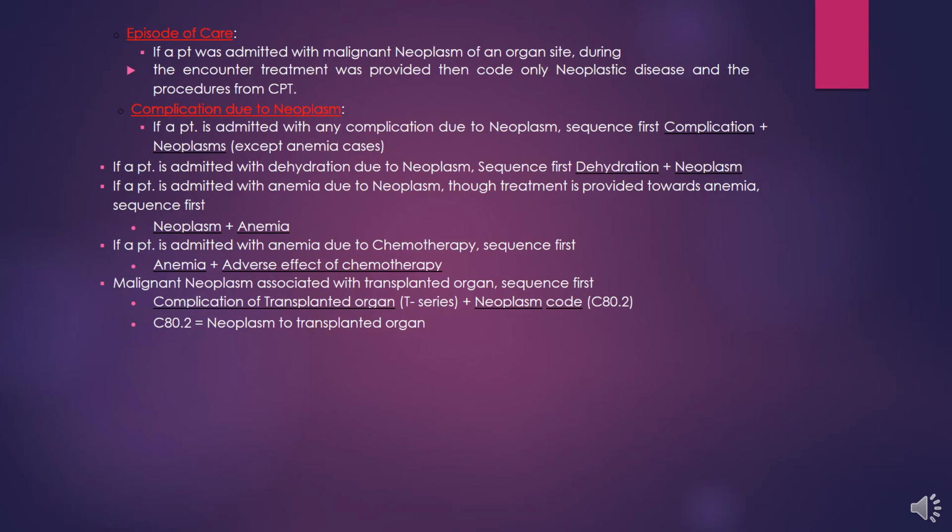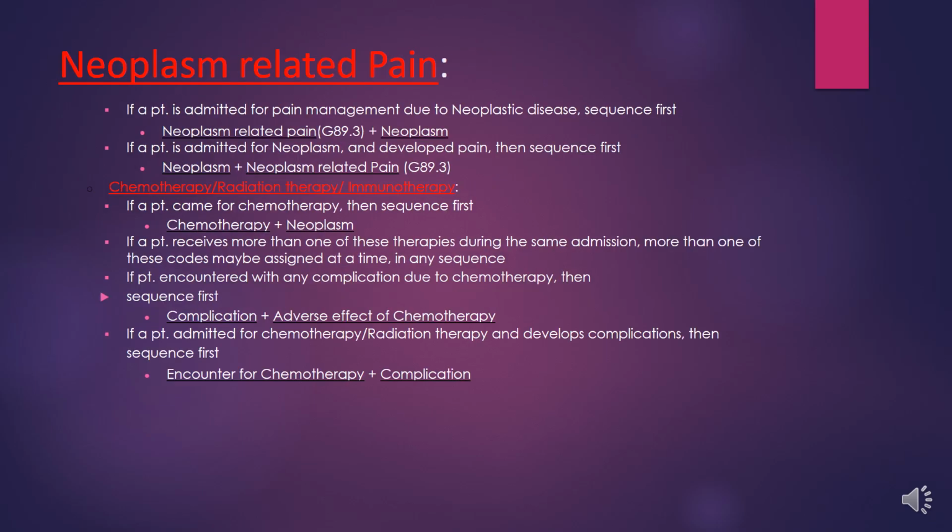If a patient is admitted with anemia due to chemotherapy, sequence first anemia, then the adverse effect of chemotherapy. Malignant neoplasm associated with a transplanted organ: sequence first the complication of the transplanted organ, T86, followed by the neoplasm code C80.2, neoplasm related to transplanted organ. Neoplasm related pain: if a patient is admitted for pain management due to neoplastic disease,